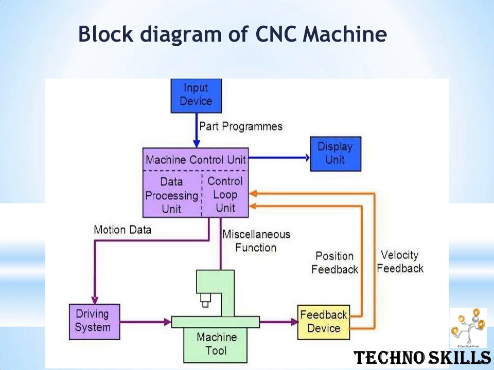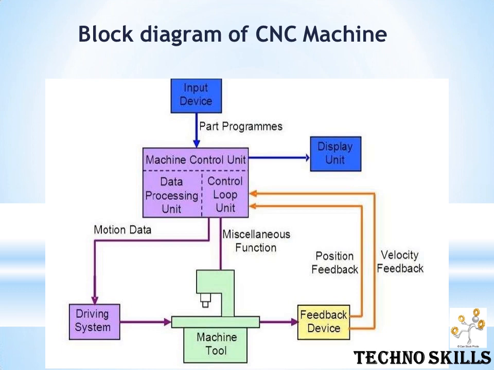Generally there are two control systems. One is the position feedback control system, the other is the velocity feedback control system. What is meant by the position feedback system? This feedback is used to sense the axis position. We may have x axis, y axis, z axis, so whenever there is axis movement, it will detect the position of the axis. The next one is the velocity feedback system. Velocity means speed, so it will control the spindle speed, the spindle motor RPM. This is the use of the feedback system in CNC working.